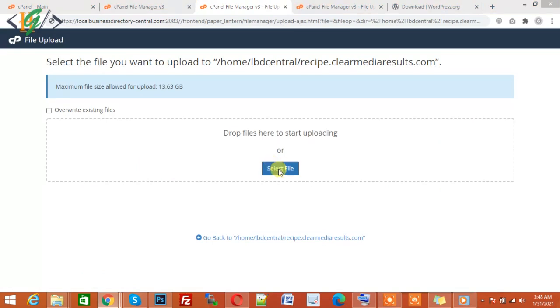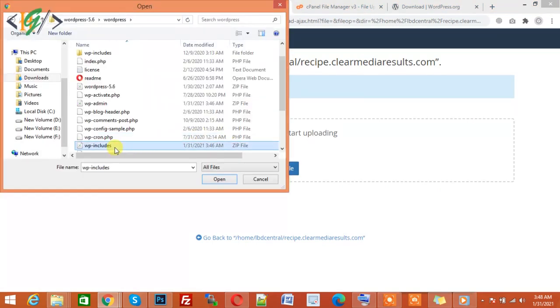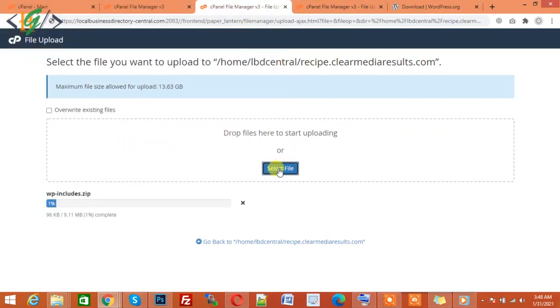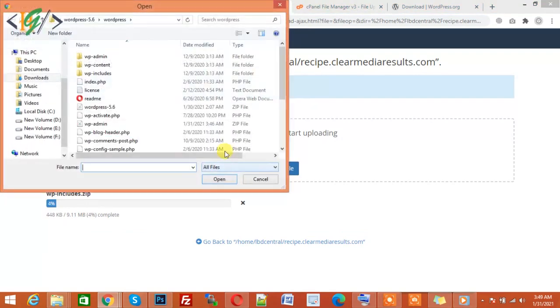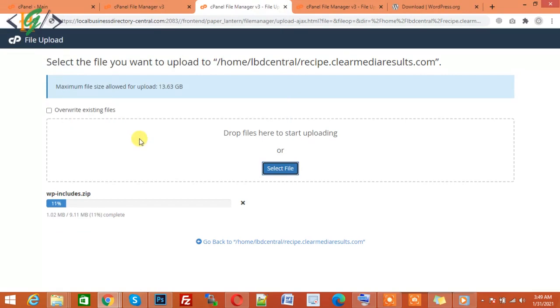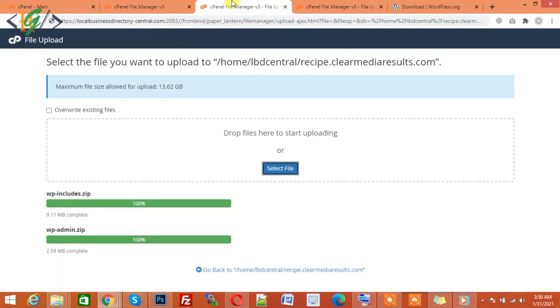This is the wp-includes file, and again select the wp-admin zip file. Uploading is in progress. Both files are uploaded. Upload is complete, and now go back.